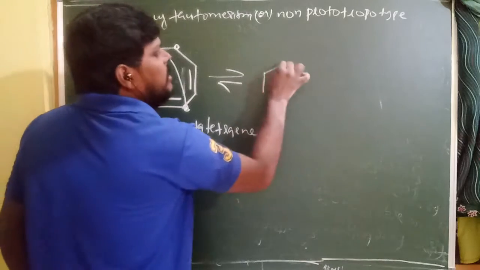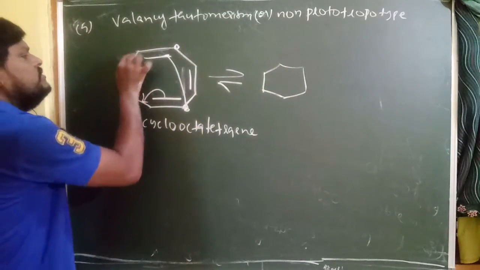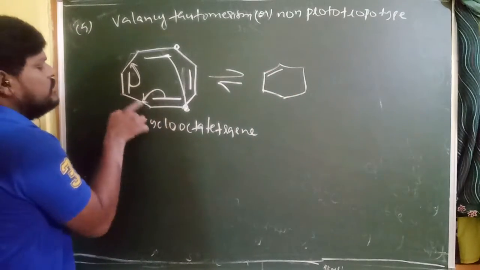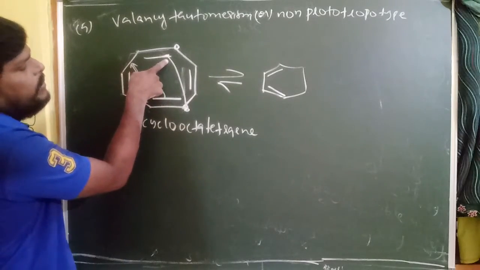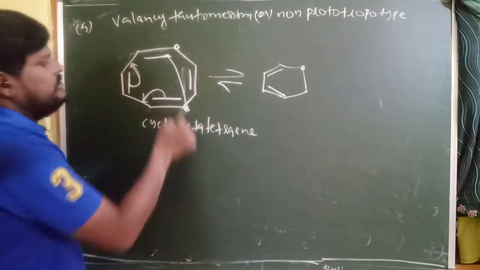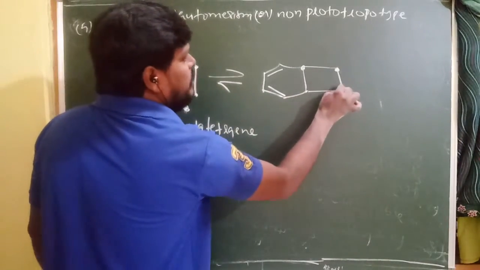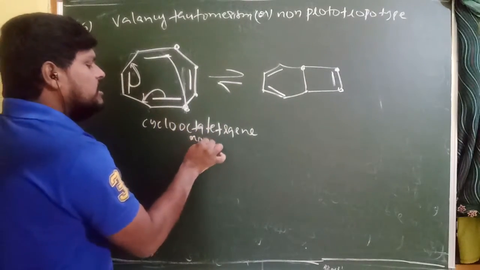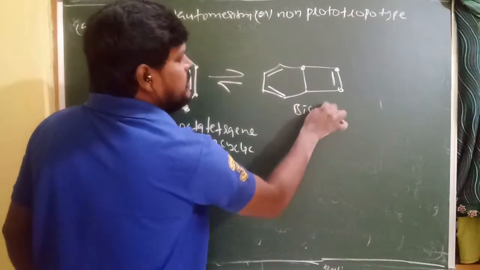Right, and first of all, initially a 6 carbon ring, and this bond rotates between these two carbons. That's why a bond appears here, and this bond rotates between these two carbons. That's why a bond appears here. And the new pi bond makes a new bond between carbon to carbon. So this is the carbon to carbon, right? And how many carbons are left? 2 carbons are left. This makes a bicyclic compound along with one pi bond. So this is a monocyclic compound and this is a bicyclic compound.